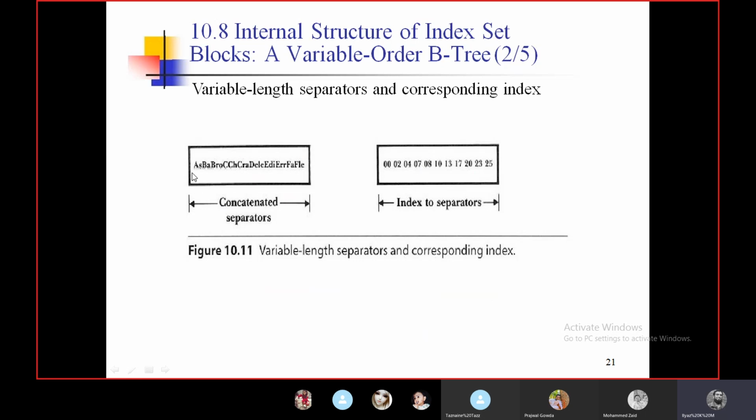For example, AS is a separator here, so the particular number 00 is given to that AS. That means we are giving an index to that separator. Don't be confused here, we are just giving a sequence number to the particular separator. This is the internal structure of the index set.